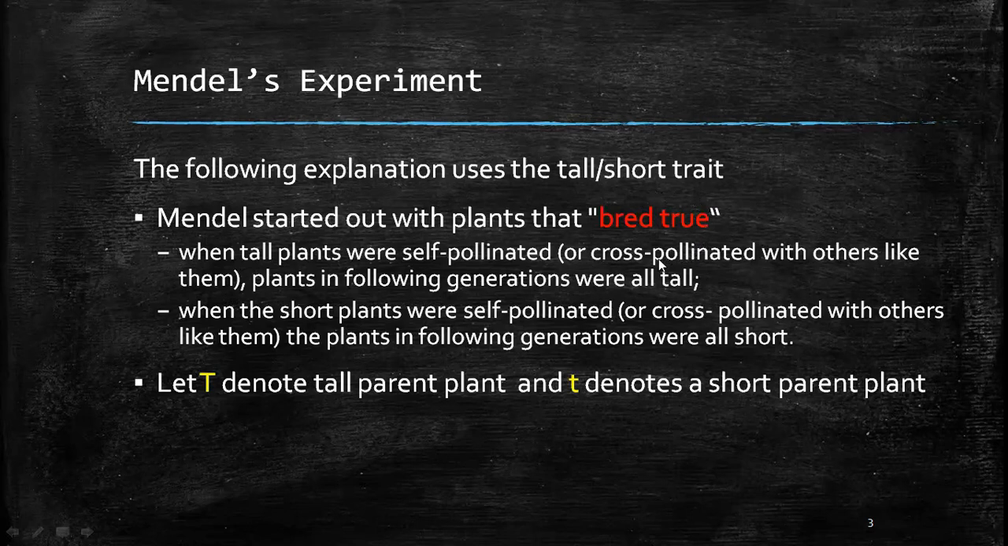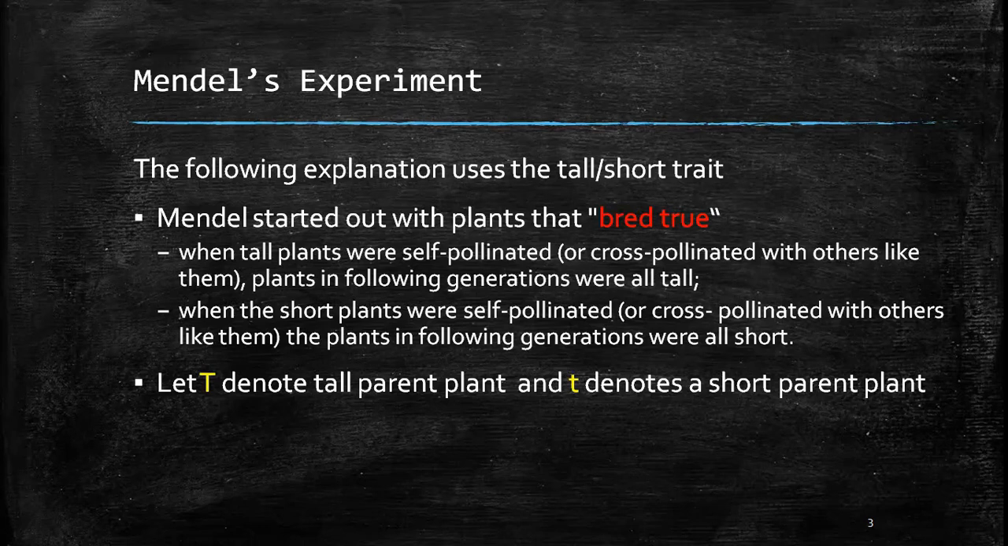When both the alleles are homozygous, that is, either both alleles are dominant or both the alleles are recessive, the particular organism is bred true for the respective characteristic. In other words, when tall plants were self-pollinated, or cross-pollinated with others like them, plants in following generations were all tall. When the short plants were self-pollinated, or cross-pollinated with others like them, the plants in following generations were all